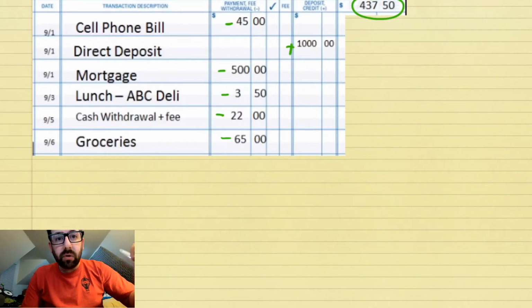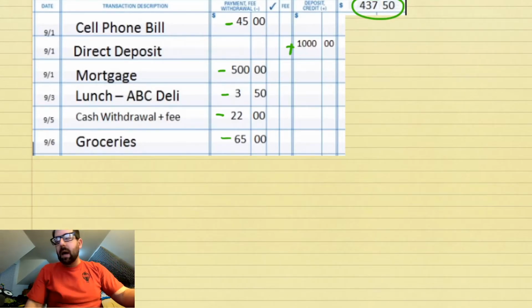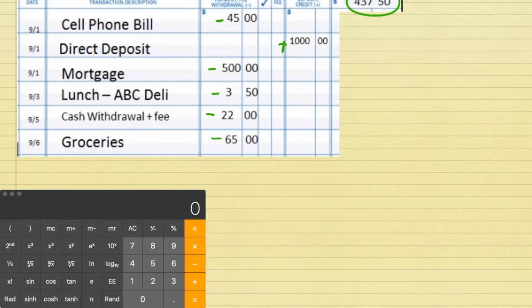We did start with $437. Again, this is all pretty nice and typed out. This is maybe something that your bank statement would be sent in the mail, so you're kind of checking their numbers to see if their numbers matched up. Again, I'm going to transition right to the calculator here, and hopefully it makes sense. Okay, so you're looking at my calculator here. Let me click on it so we can get this thing going. All right, so we're going to start with the